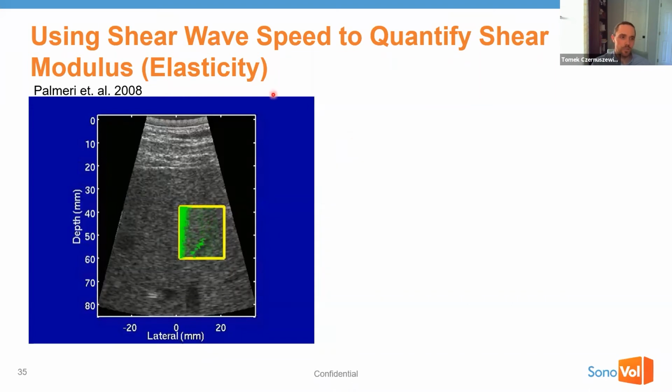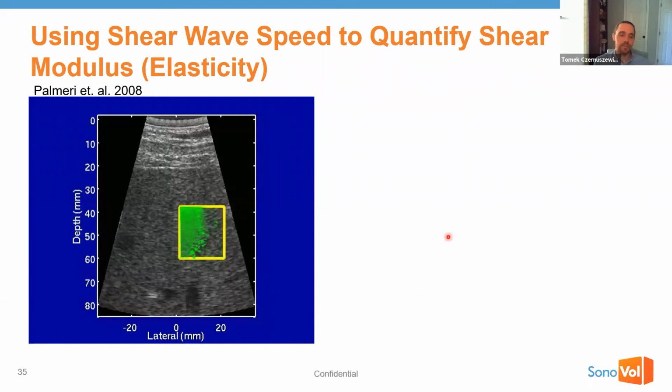So a shear wave is really just a mechanical wave. It's not a sound wave, so it's different than the ultrasound wave that's creating the grayscale image. It's actually a mechanical wave that travels laterally to the direction of travel of the ultrasound wave. Everybody has kind of experienced a shear wave. If you've ever hit a bowl of Jell-O and you see it vibrating, those vibrations are shear waves. They're mechanical waves traveling through that solid media